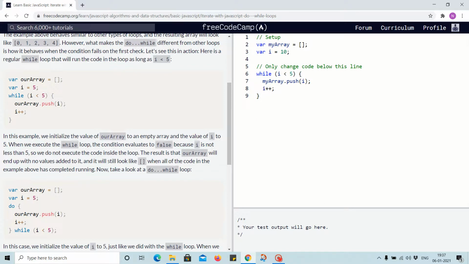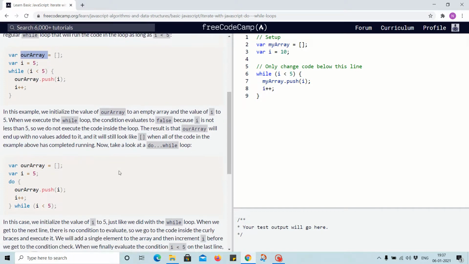The result is that our array remains empty, with no values added to it, and it will still look like an empty array when all of our code in the example above has completed running.